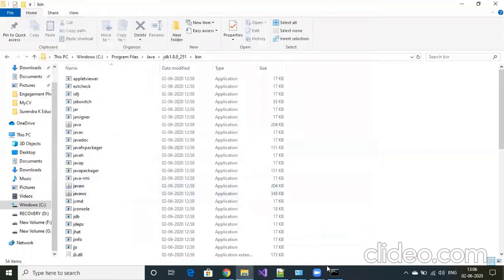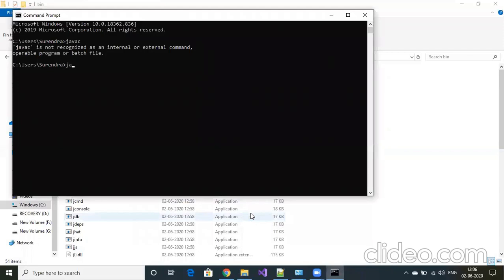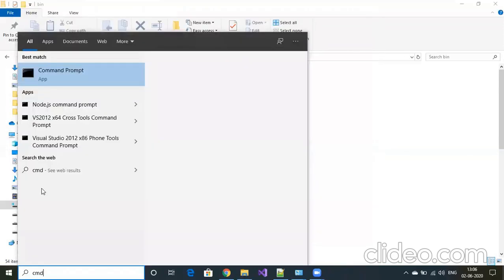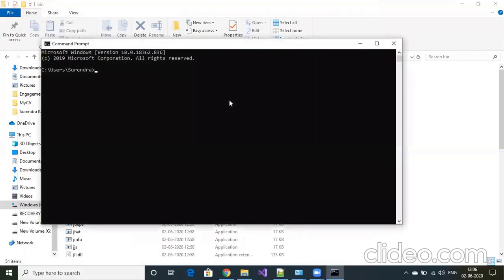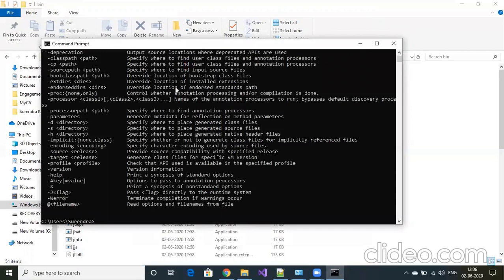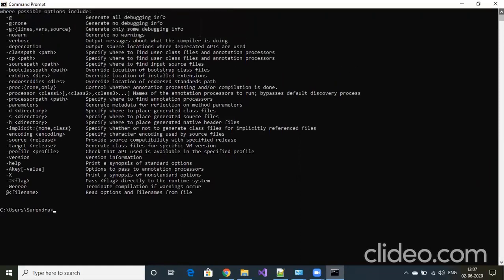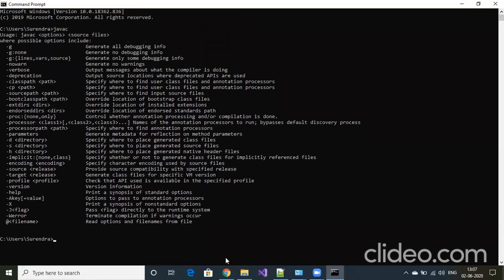So again I'm going to the command prompt and entering javac. That means still it is not recognized as an internal command. Now I need to close the command prompt and open the command prompt again. Then it will be available in your system. So like that, it will give the files, then Java is available in your system. Otherwise, there is no Java in your system. Like that, you need to check and you need to install.